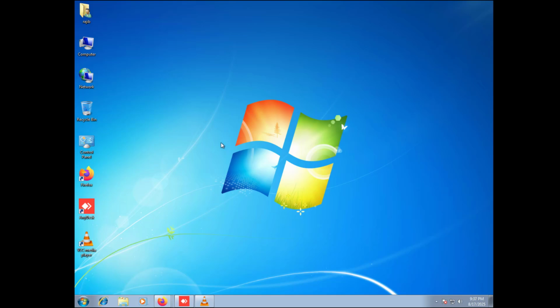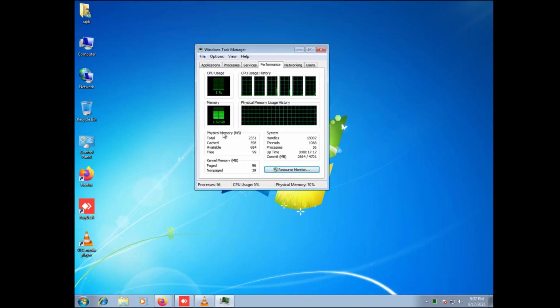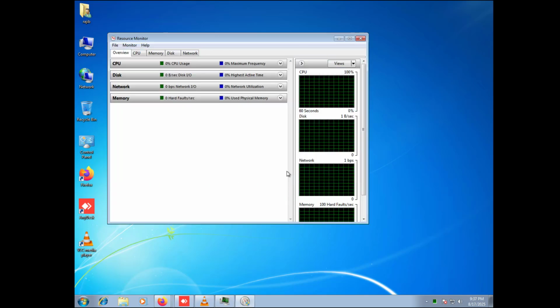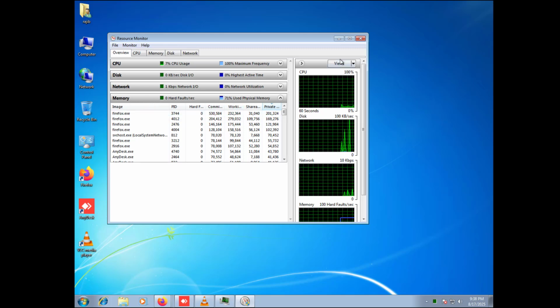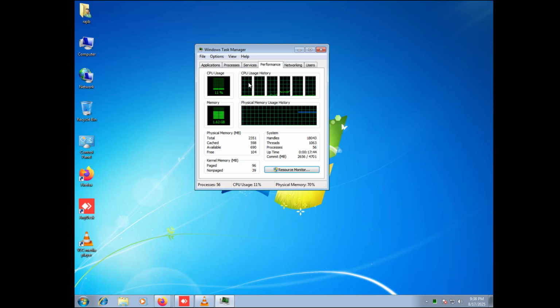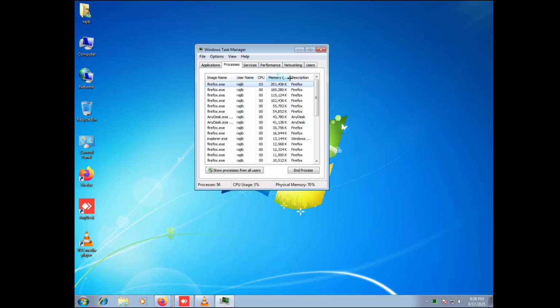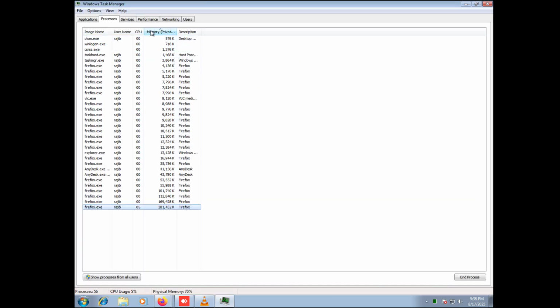How can you do that? I will show you what the condition is right now. Right now I am facing the lagging issue, so I open the task bar. Here I check my memory usage and CPU is okay. If I click the resource monitor, here I found the memory usage at 100% maximum. If I click on memory, 71% memory usage. That's the issue. So if I go to process and filter with memory,